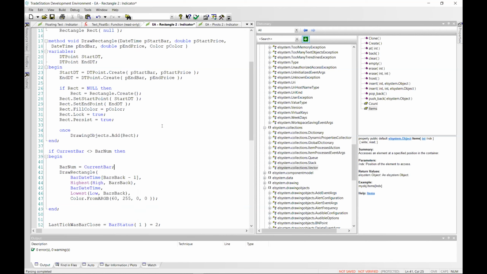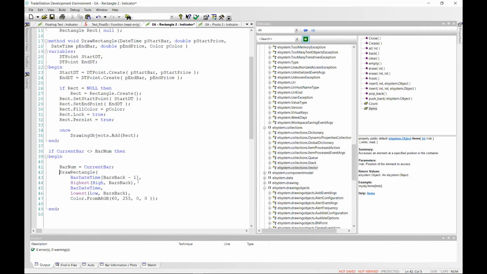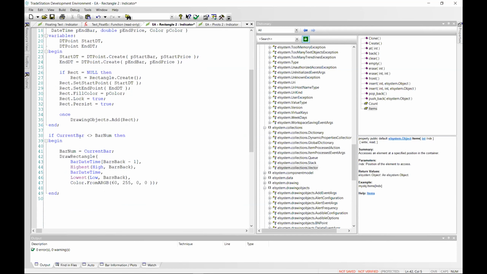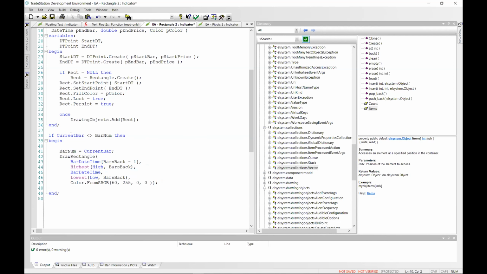So what am I doing here? At first I thought, okay, I'm going to need to move the rectangle along. And then I realized, actually, every time we run the code, we just need to have a variable that says, have I moved the rectangle to the current bar? And the way we'll detect that is we'll have a variable called bar num.